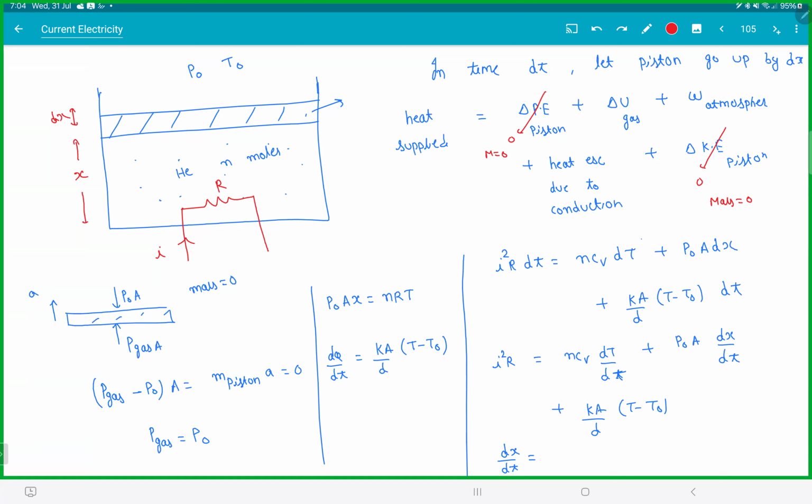We'll have a small break. If we try to eliminate capital T, we will get an X also here, right? So